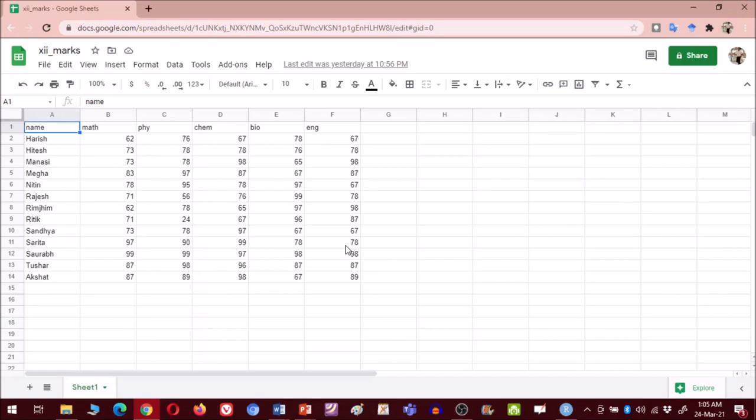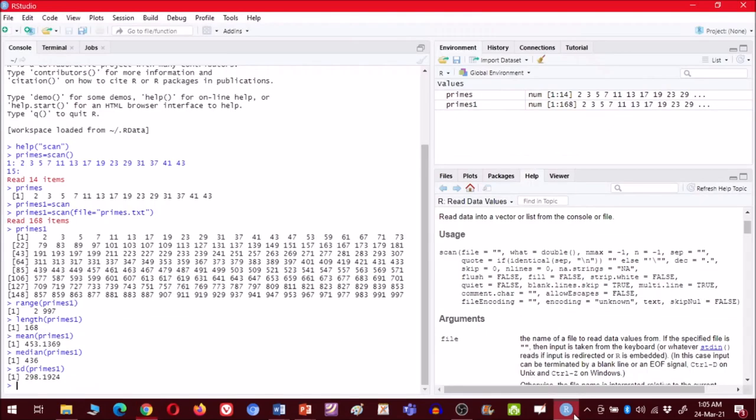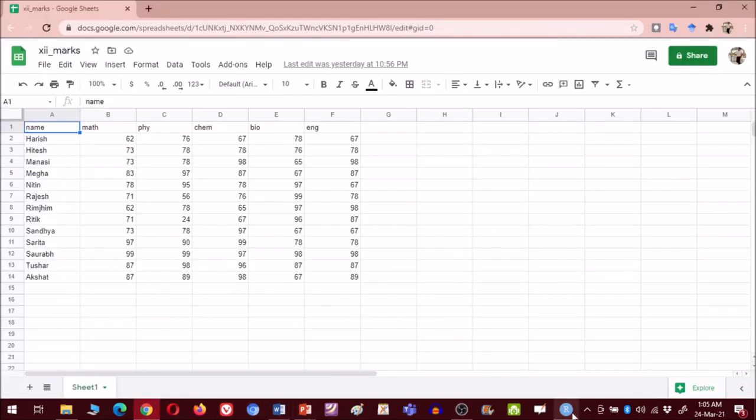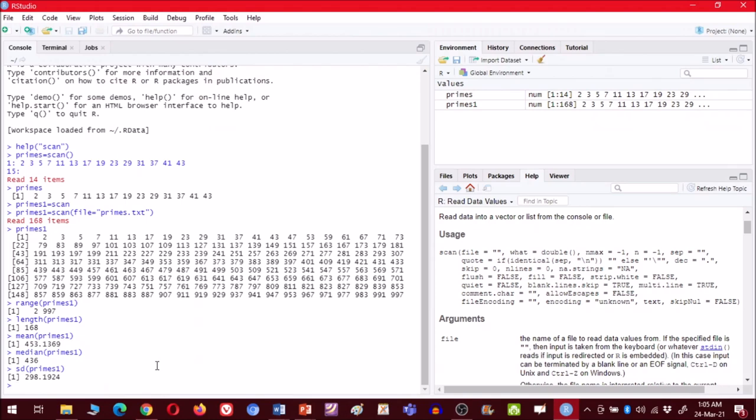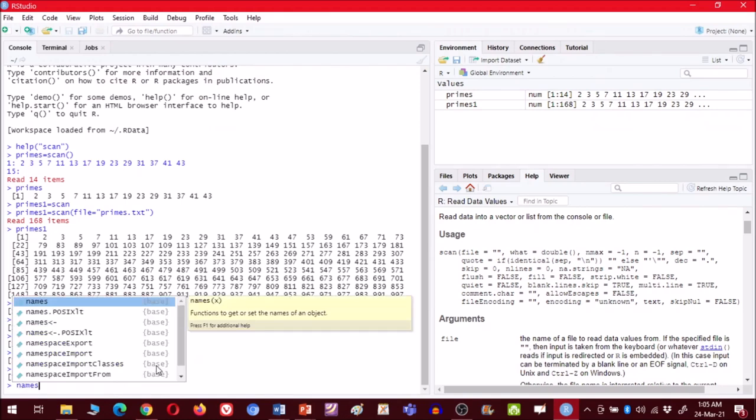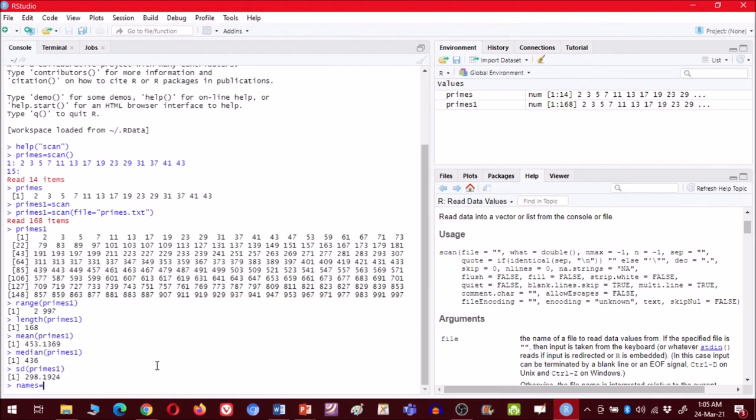To enter this data manually, we will have to use some formula. First is your names. You can store this against the names variable. So you will create the names variable, names, then equal, and now you have to enter data. You can enter data against a variable using the C formula. So you have to enter the C formula, and then enter these names in inverted commas.